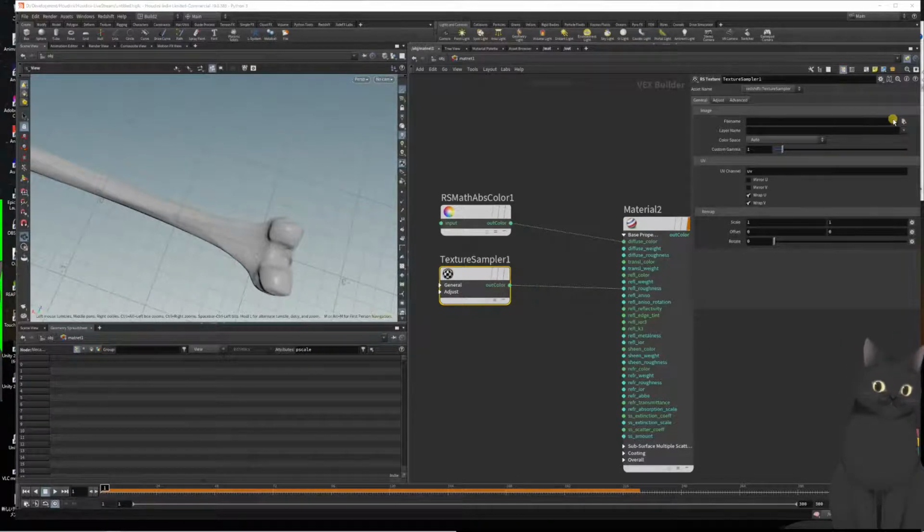Lights here, and for the materials, set up two materials. So one is I think